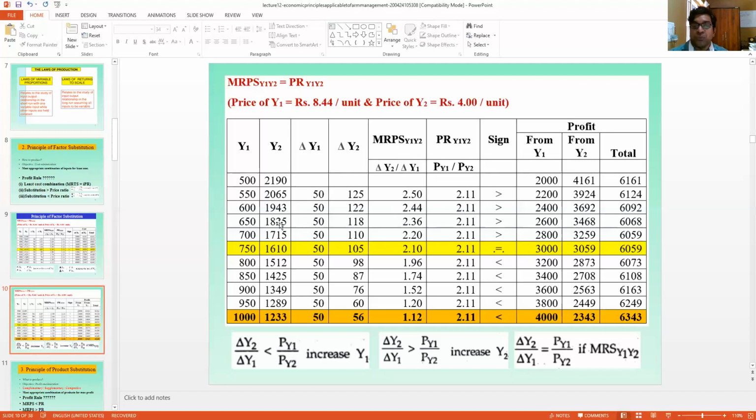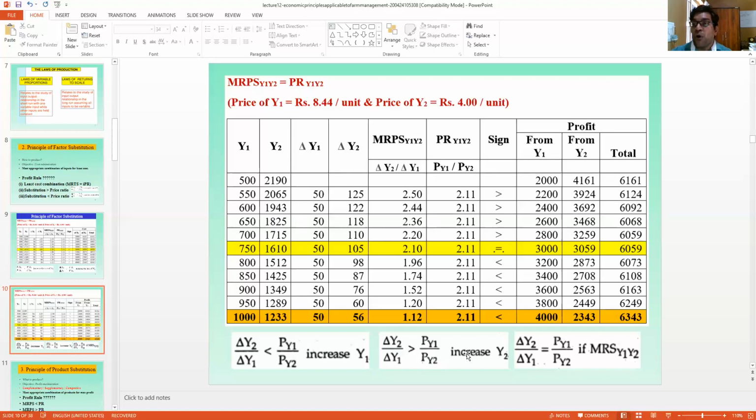What if the farmer increases Y1? You take this one. MRPS is more than the price ratio, right? The farmer, instead of increasing Y2, is increasing Y1. If he is increasing Y1, he'll be getting a lesser profit than 6,059. Instead of that, if the farmer increases Y2 from 1825 to 1943, he is getting more returns. From 6,068, the farmer is getting extra returns, 6092. So when delta Y2 upon delta Y1 is more than P of Y1 upon P of Y2,